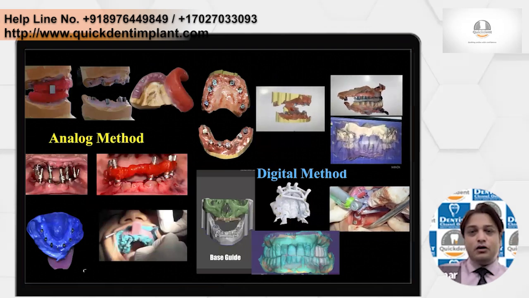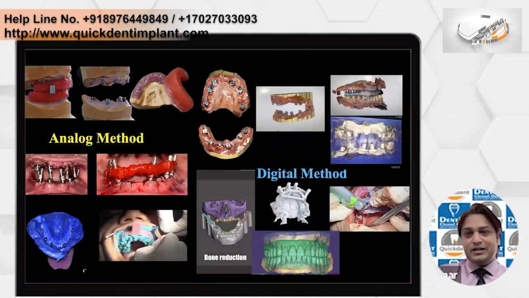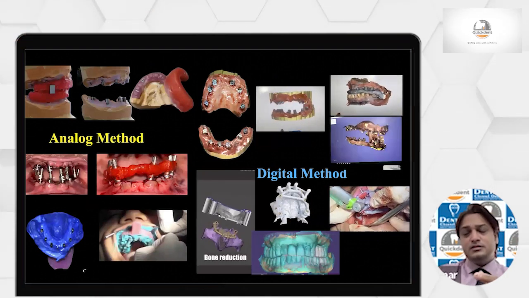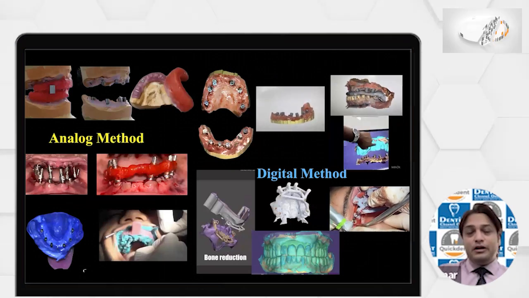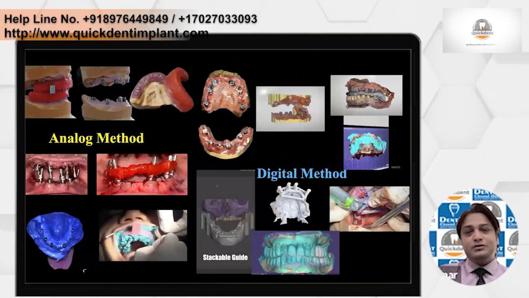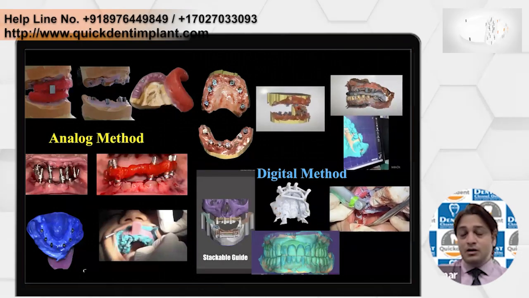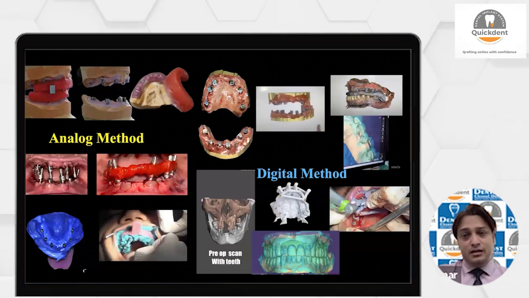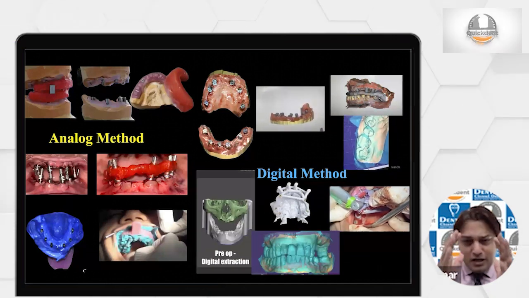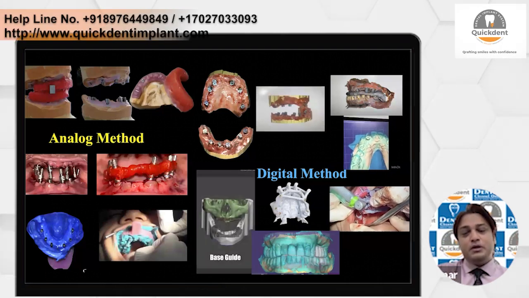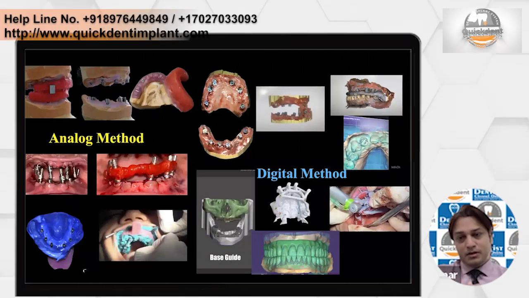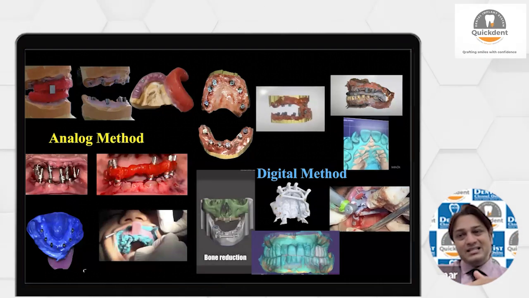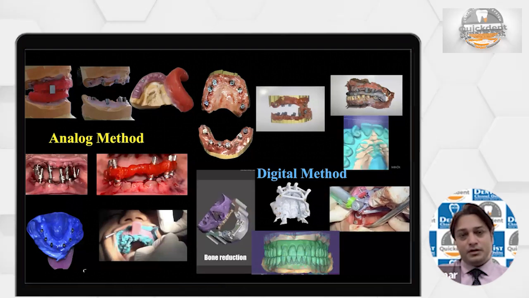So if we come to analog and manual methods, there are advantages of digital methods in some aspects, but every time we have to come back to the analog method. For example, jig verification, which is a very important step, and metal trial, all these things. So unless you have thorough knowledge about the analog method, you cannot jump directly into the digital method. Digital is one of the adjuncts, but it cannot replace the analog method.